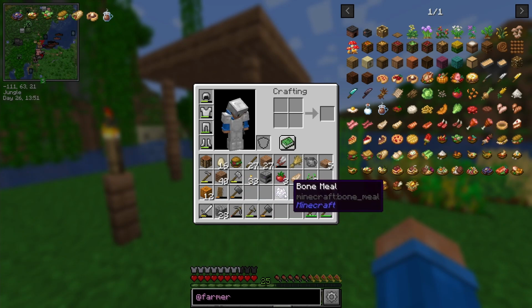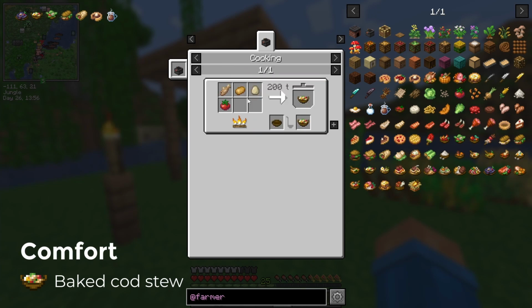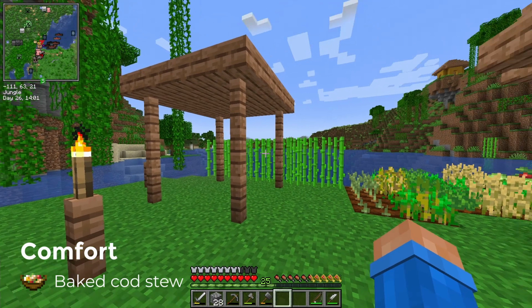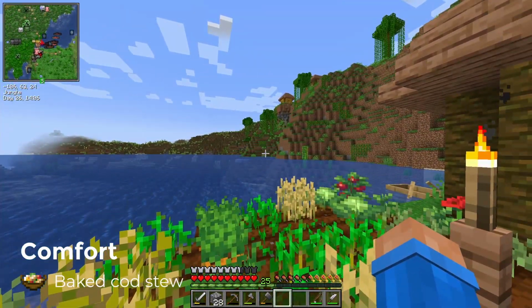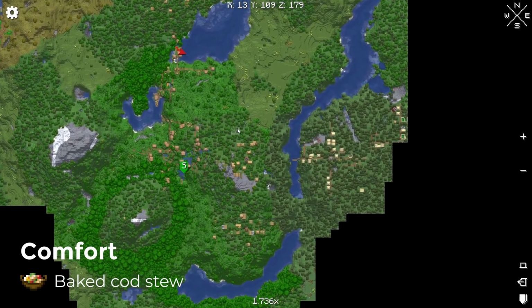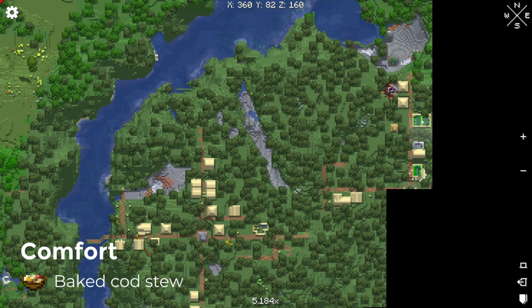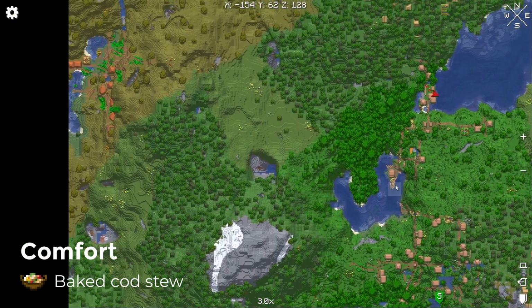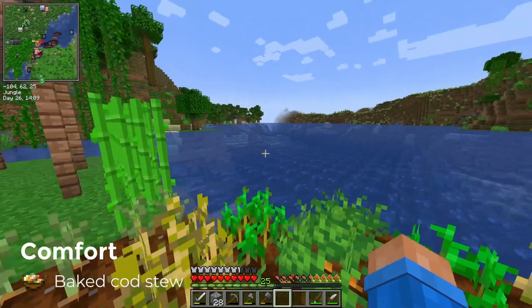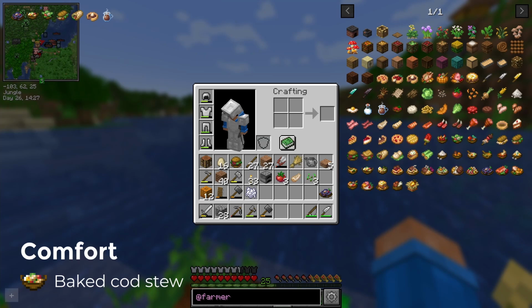The next thing I'm going to make is the baked cod stew. Problem is we don't have potatoes. So I think we're gonna go ahead and try to find some. And I think there's two ways to find it. We can try to venture out to different villages, and there might be some farmland like these, as you can see over here, that might potentially have potatoes. The other way is to just find wild potatoes, which according to the wiki spawn in temperate climates,